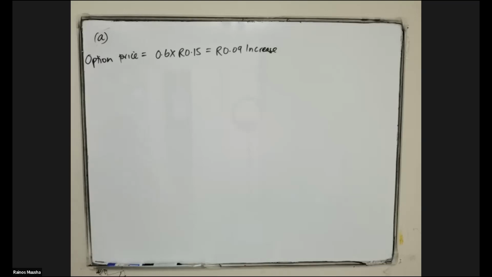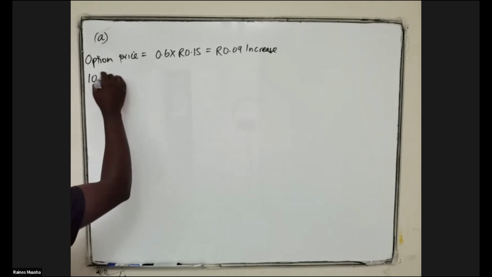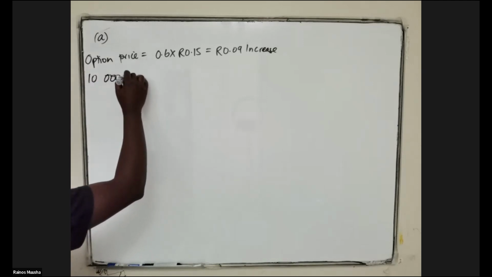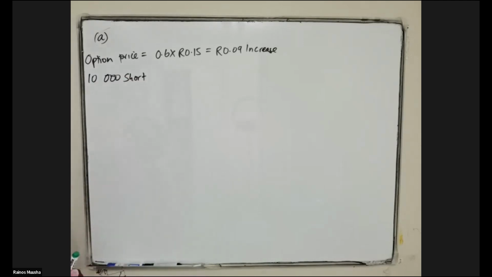So the option price is going to increase by 0.09. Then if it's an increase of 0.09 on one option, when it comes to 10,000 options,